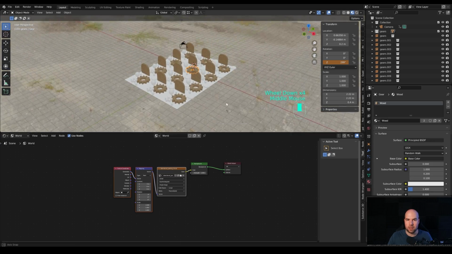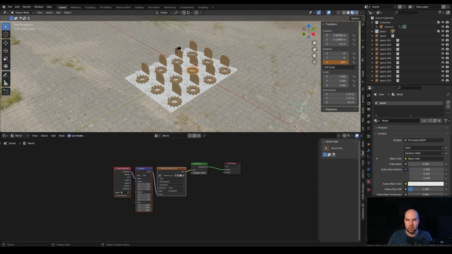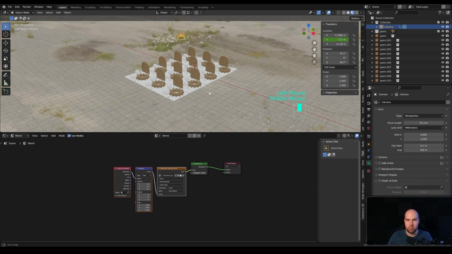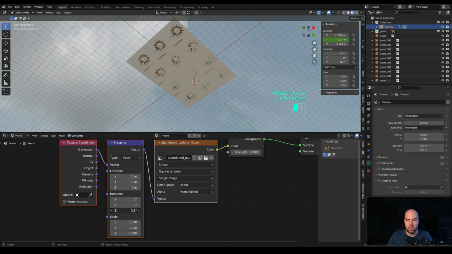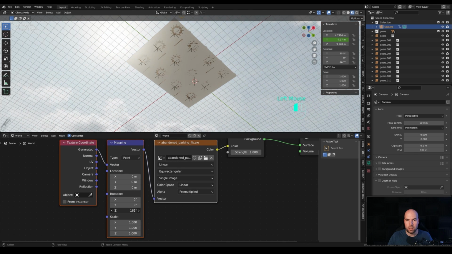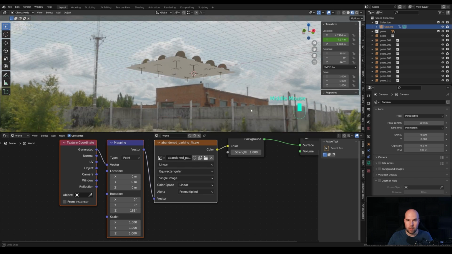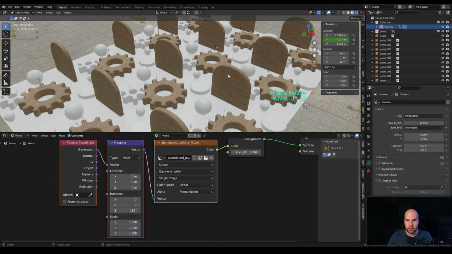So let's find the sun within this angle that we have defined by camera. Let's just rotate this up, and I will use the Z rotation here on our texture mapping to locate the sun. It's right here because I want it to be shining the opposite way from the camera. And now we have a setup like this.